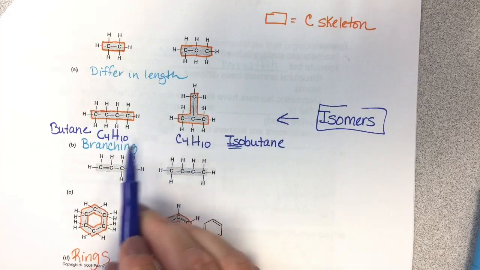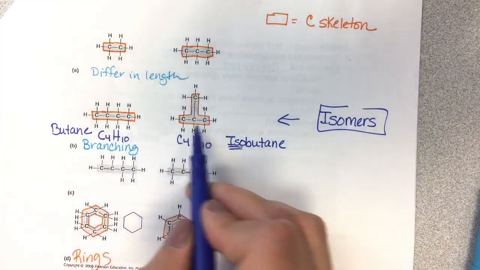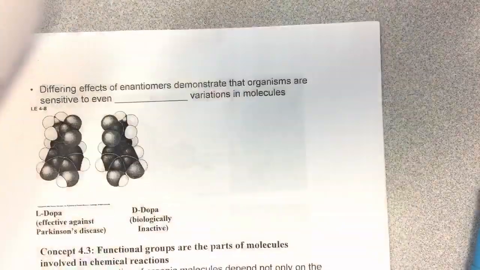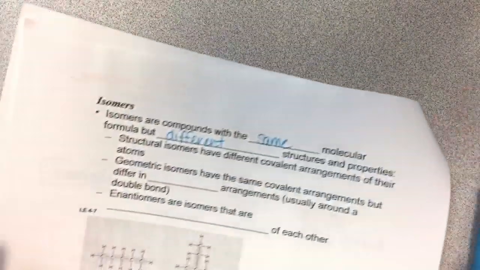Because they have the same molecular formula, different structure. All right, so that's what we need to know about isomers. And so this different structure changes the properties of the molecule, which then changes its function and how it reacts with different things and so on. And so that's important in the cell, in chemical reactions that are important to keep things alive.